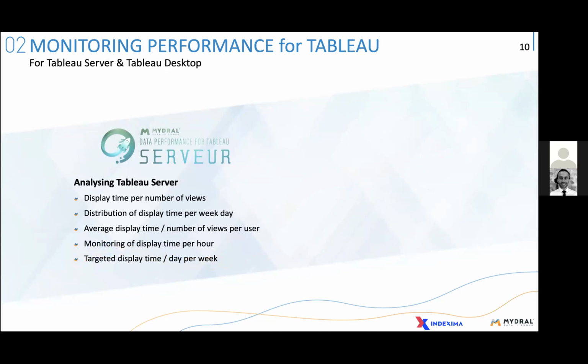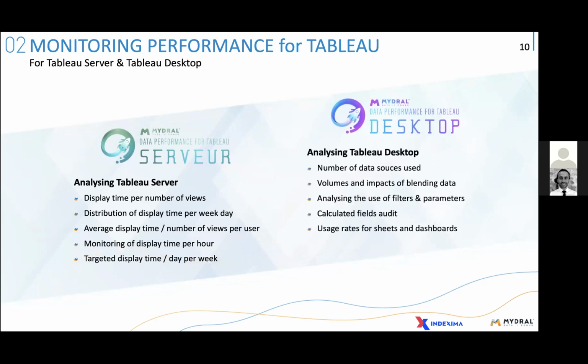And to help in this process, we created, once again, this plug and play solution that takes the form of two dashboards. Data performance for Tableau server to get insight on how your Tableau server is being used, and data performance for Tableau desktop to understand what is happening at the dashboard level, like the structural and design aspects of things. And once you're connected to your data, the two dashboards will automatically be generated with various KPIs, like the correlation between display time and the number of views, information on the use of filters and parameters or formulas complexity,